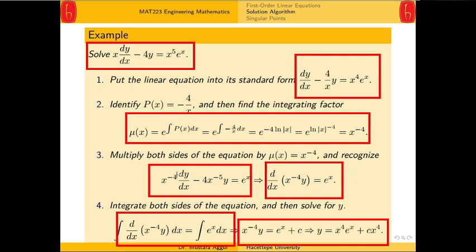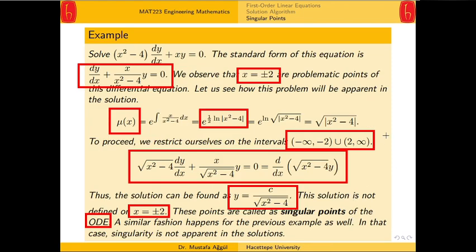And this means even with this assumption, we solve the problem and see y is equal to x to the 4 e to the x plus c x to the 4, and in this particular case x equals 0 is a singular point, but it doesn't cause a problem in the solution. Actually, we still need to be careful with this particular choice, and x equals 0 will split our interval of solutions into two pieces, before 0 and after 0, but it's not apparent in the solution. Okay, so these are the singular points, and that